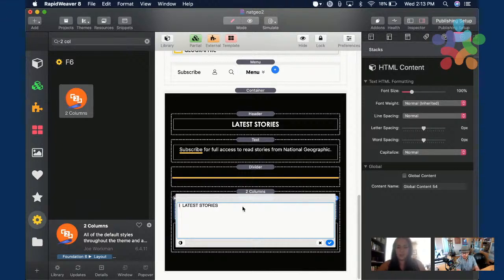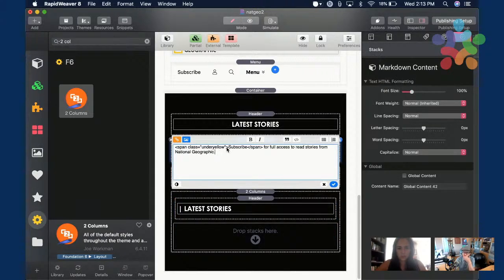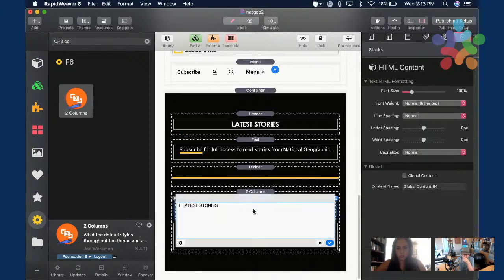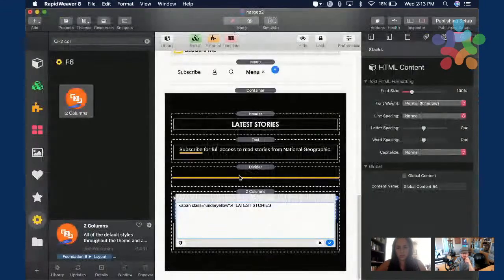I hope you know this symbol. I don't know what to call it, but I'm going to use a span again to color that little, to replicate this here. Okay. Oh, but not under yellow.